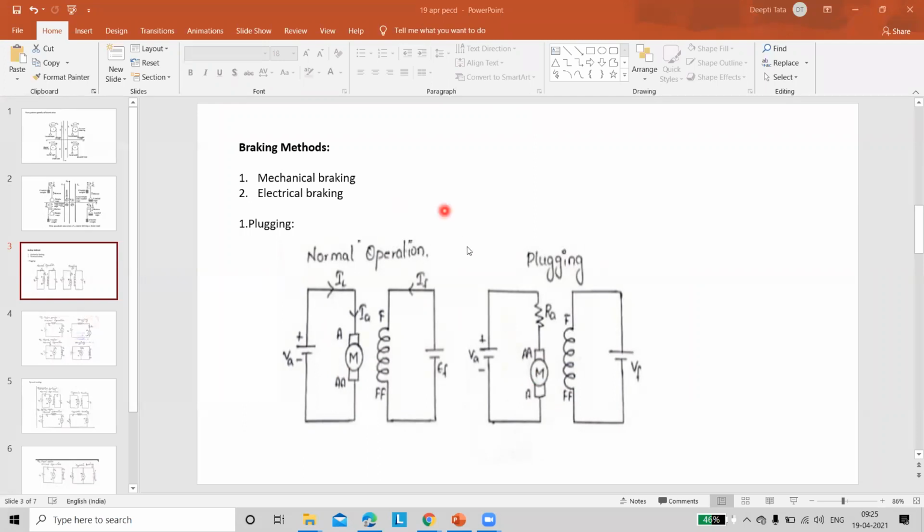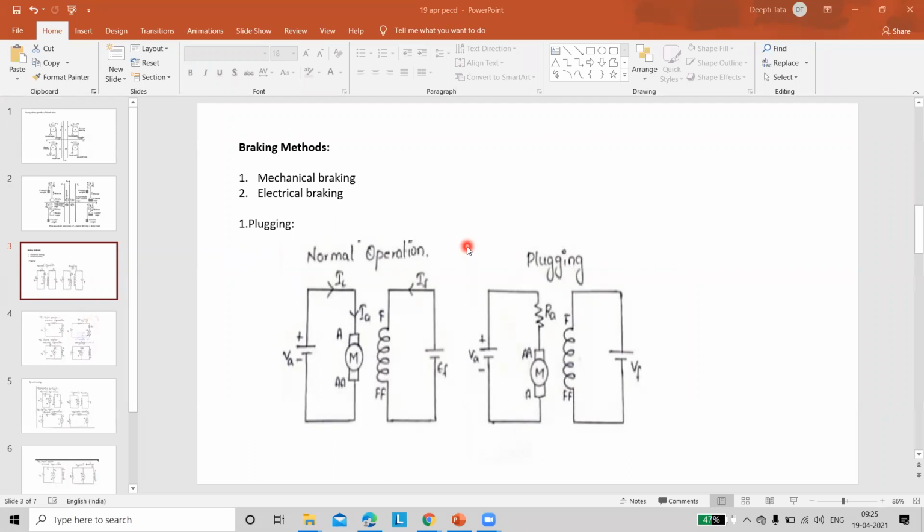First of all, before going to this topic, tell me by using how many ways you can apply the brake for a motor. How many ways are possible? Just listen. Simply, I am reversing the armature current. Then what happens to the motor operation? I am going to apply a reverse current to the armature. Then will the armature rotate or not?